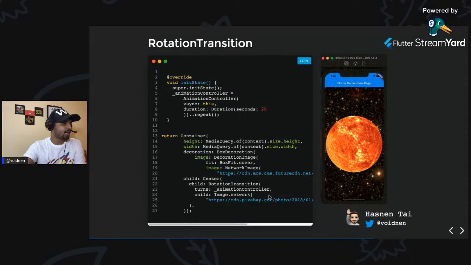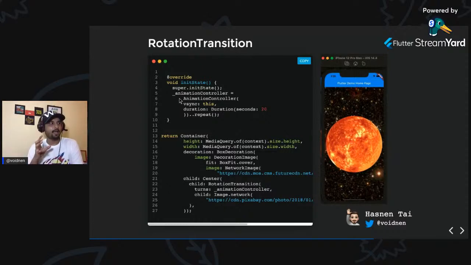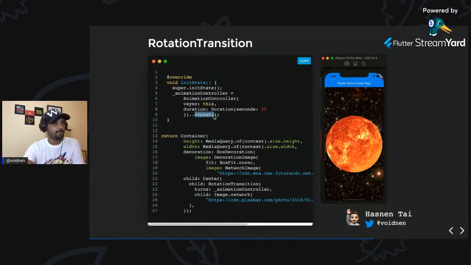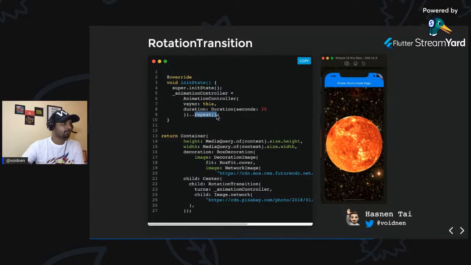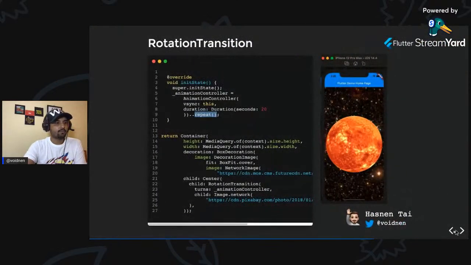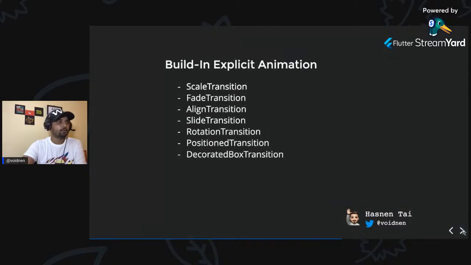So over here you can see it asks for the turns. Turns is nothing but from 0 to 1. So this animation controller generates the value from 0 to 1, right? And under 20 seconds, and I have used a repeat, right? And this repeat just makes sure that once they reach the end, they just continue, and they just keep doing that again and again, and there will be no end of the animation, right? So this problem overcomes whatever we saw in the previous slides. The problem has been overcome, and you can use the